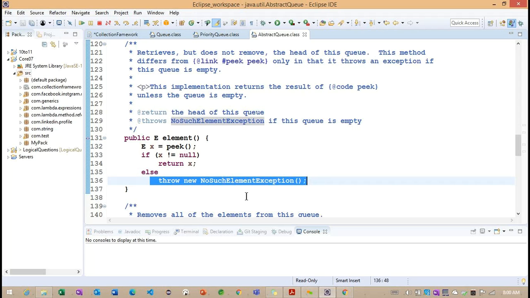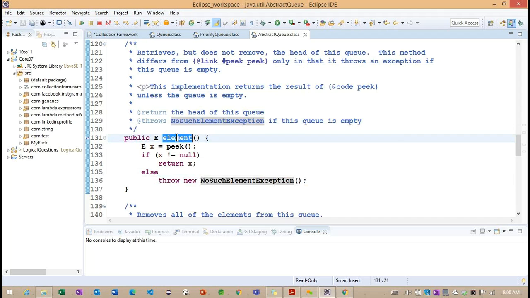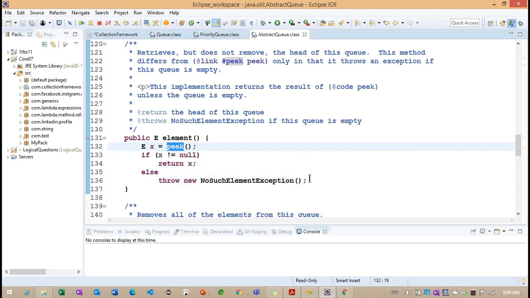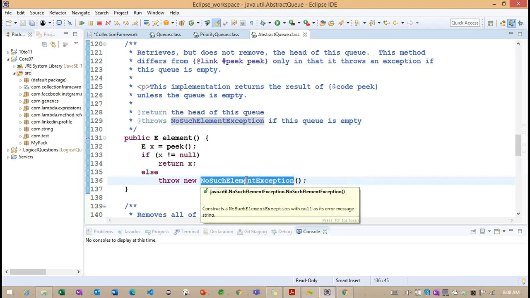Here there is no checked exception like a try catch block, so we are simply throwing an exception. So the element method is implemented, but which method is it internally calling? The peek method. If the peek method is returning an empty object, this element method will throw an exception.